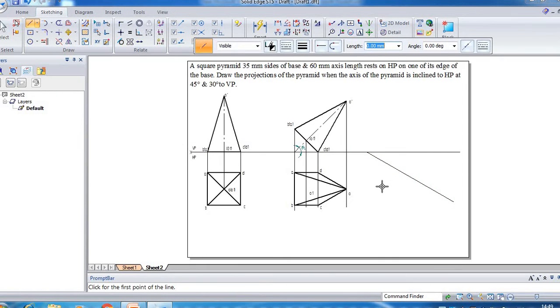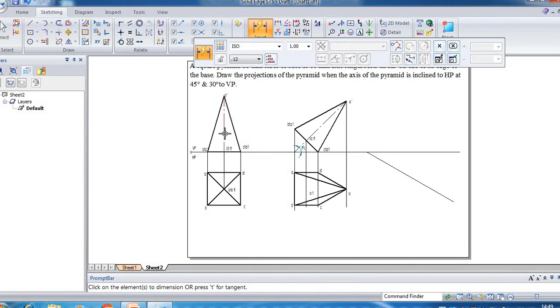Then you need to draw an arc of radius equal to the original length of the axis line. So here the axis length is given, it is 60 mm. So the first arc should be of radius 60 mm.